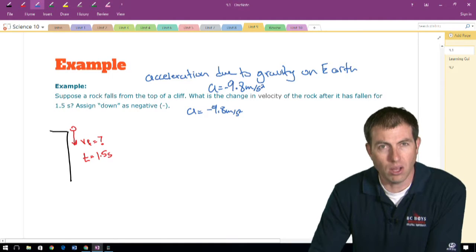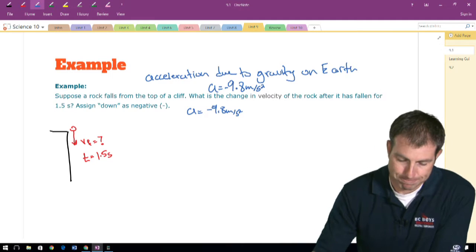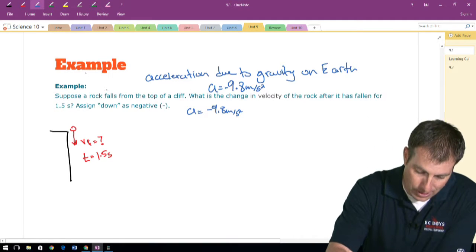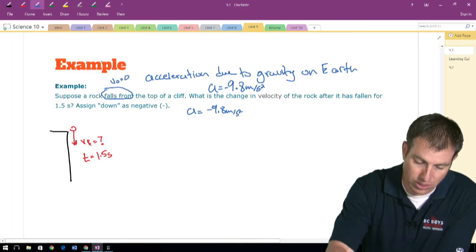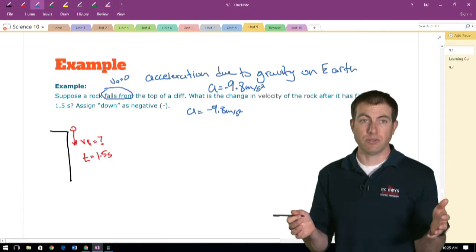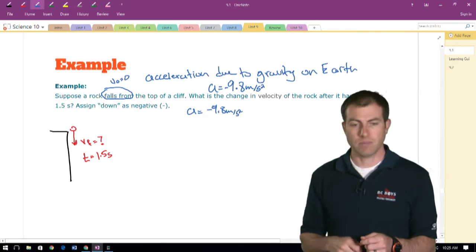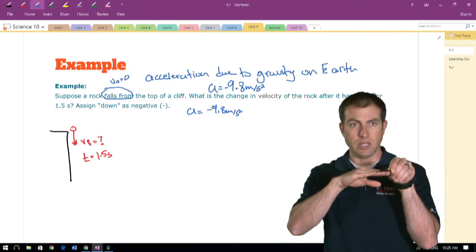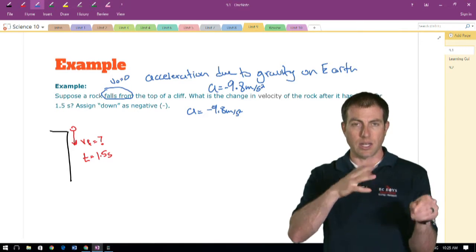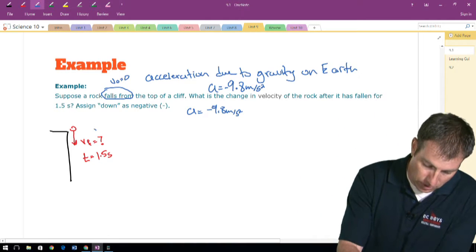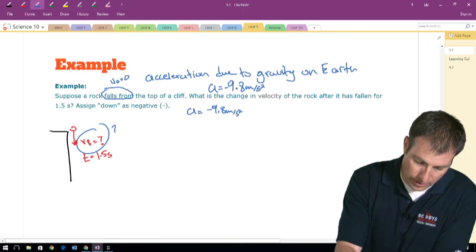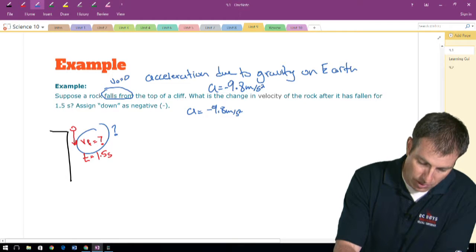If I fall off the top of a cliff, it doesn't say anything, but if I'm falling, my initial velocity is 0. I was standing at the top of a cliff and I fall off of it. If I'm a rock on the edge of a cliff and I fall off the edge, my initial velocity is going to be 0. It's asking to find the final velocity, so hopefully we're able to find that. And then we're given a time, 1.5